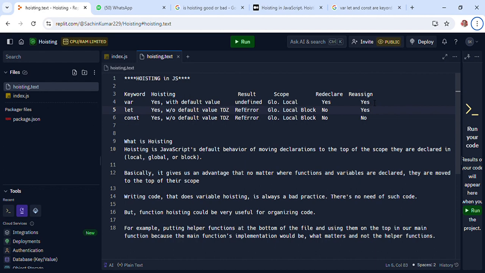Now we can redeclare var, but we cannot redeclare let and const. We can reassign the value of var and let, but cannot reassign the value of const. The const is for constant variables which have a constant value, which we cannot redeclare and reassign. So now we come towards the